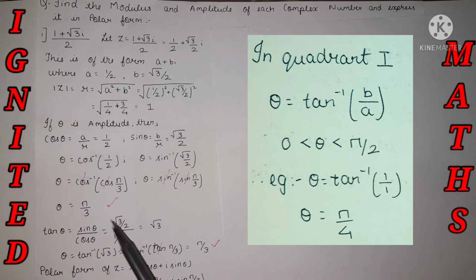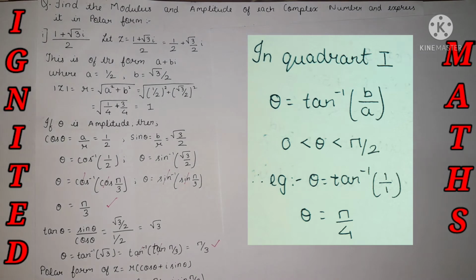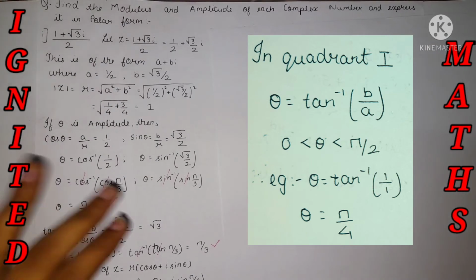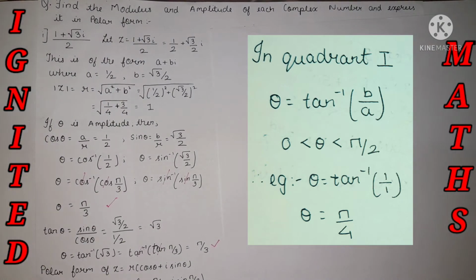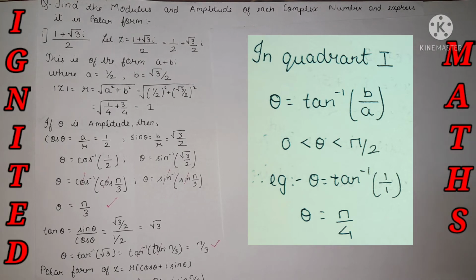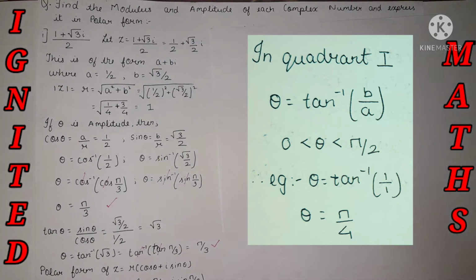So we needed to find the modulus and amplitude, and we have already done it. Most specially, in this question a and b are present in the first quadrant, so there is no need of any change of sign. It will be the same as it is. We will see a sign change in the rest of the quadrants. Later, examples for those will also be done so that the concept becomes clear. This question belongs to the first quadrant, so no sign change is needed. Pi by 3 will be the answer.